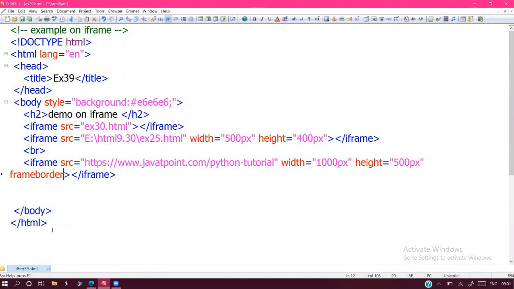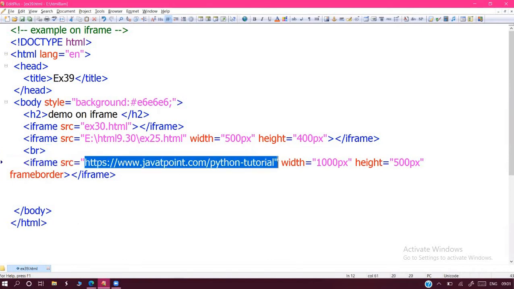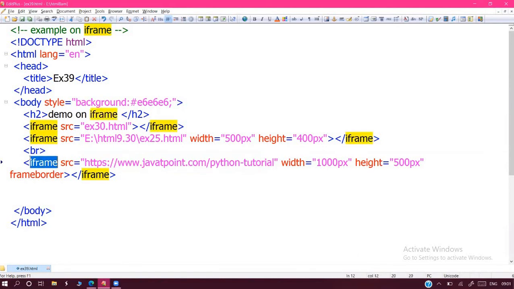Not only programs, any images also we can display, with SRC equals to your image name. Iframe settings also we can do. We can set the background color for the iframe, the foreground color for the iframe, and the height and width we already used. In the same way, all CSS settings we can apply on the iframe. There is no problem.